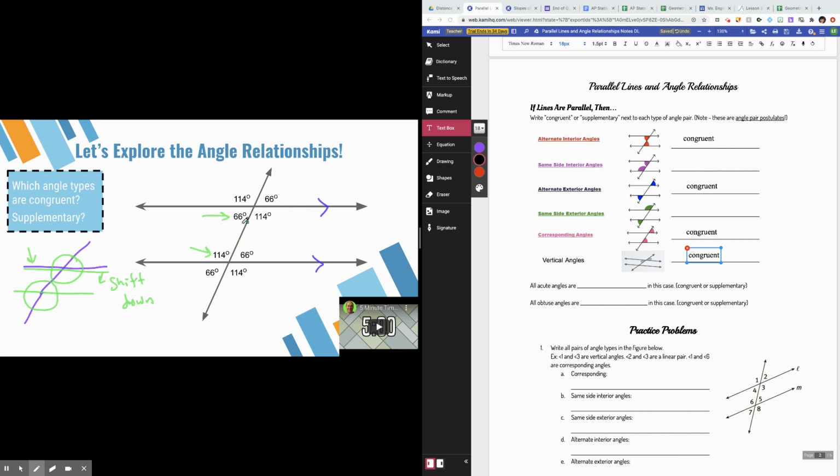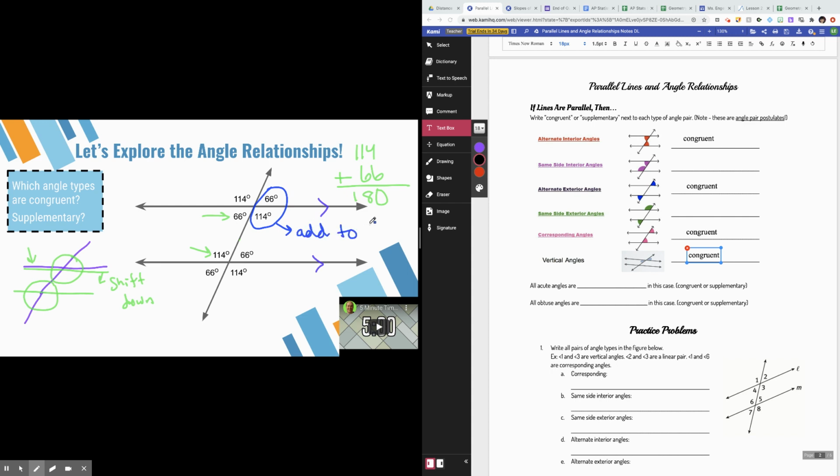What I'm hoping you notice is that if you add these two numbers, you get 180. I'm hoping it makes sense why that is, because we see all of these linear pairs that we talked about at the beginning. And remember, linear pairs have to add up to 180